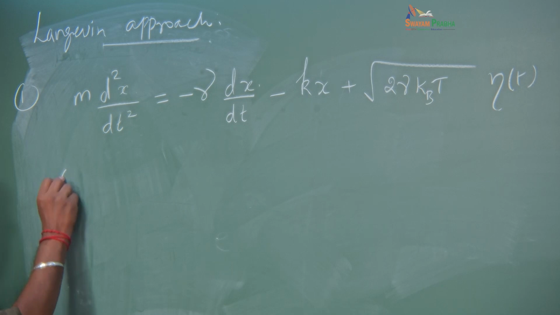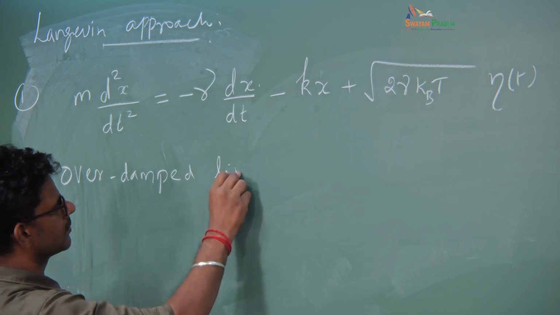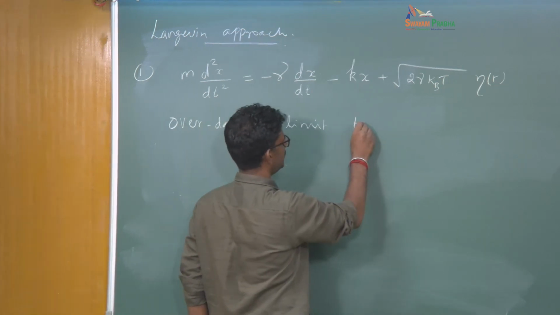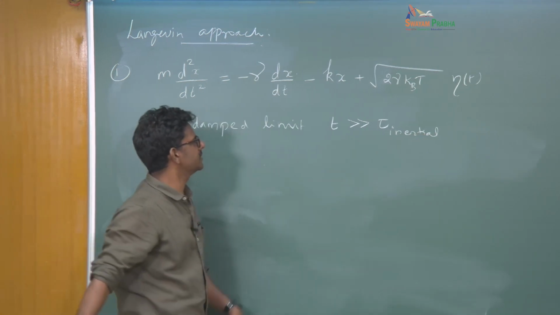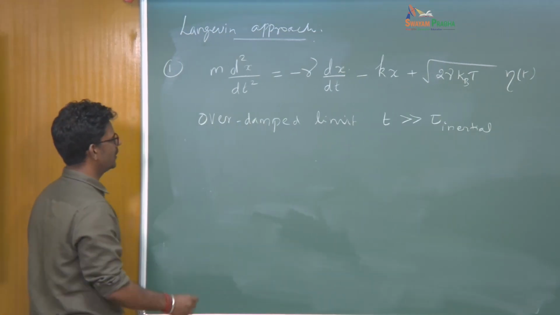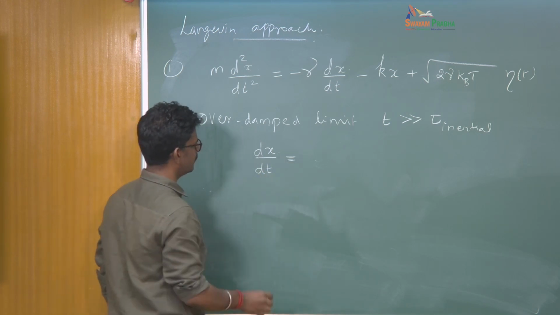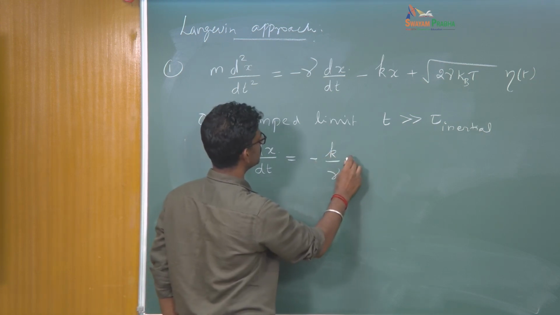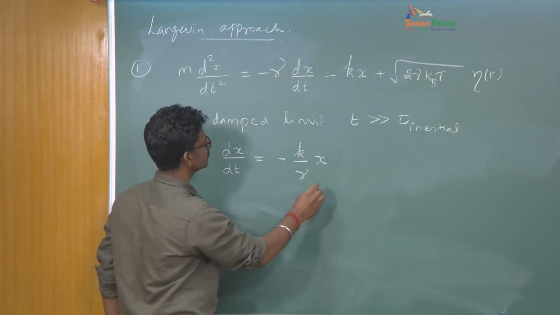So now if you consider the overdamped limit, overdamped limit basically means looking at time scale t much greater than the initial time, in which case this initial term drops to 0. Okay, so you equate these things to 0, so you will get dx by dt minus k by gamma